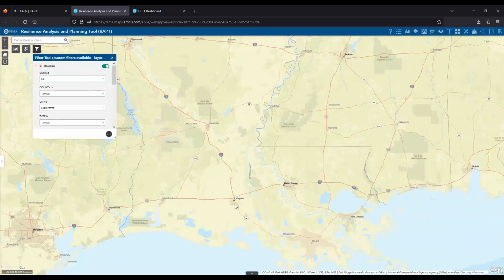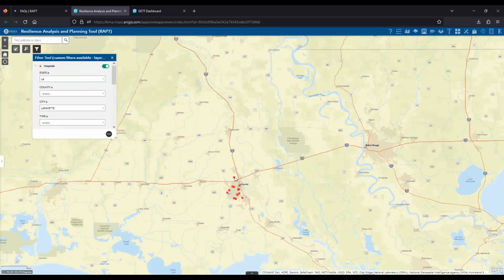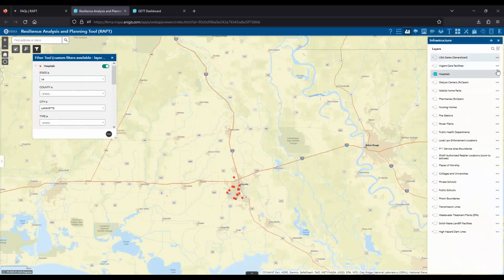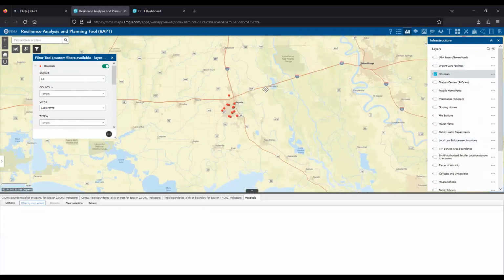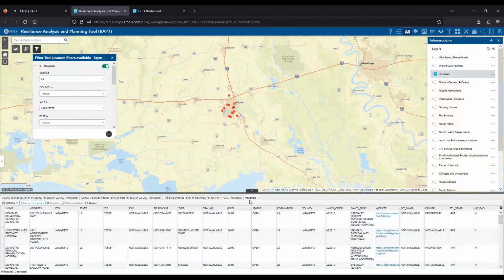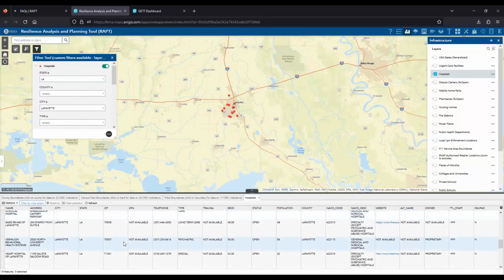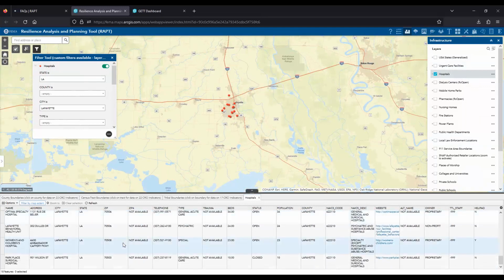Well, let's say I wanted to get a list of those. Again, we can interact with them. We click on them, we can see what they look like. Let's say I wanted the list of this. If I go back to our infrastructure layer, I can say, view this in the attribute table. Instead of looking at it on the map, I want to see it in this attribute table down here. And you can see we have 18 features. Looks like there are 18 here, and you can see what they're listed here, just in the city of Lafayette.